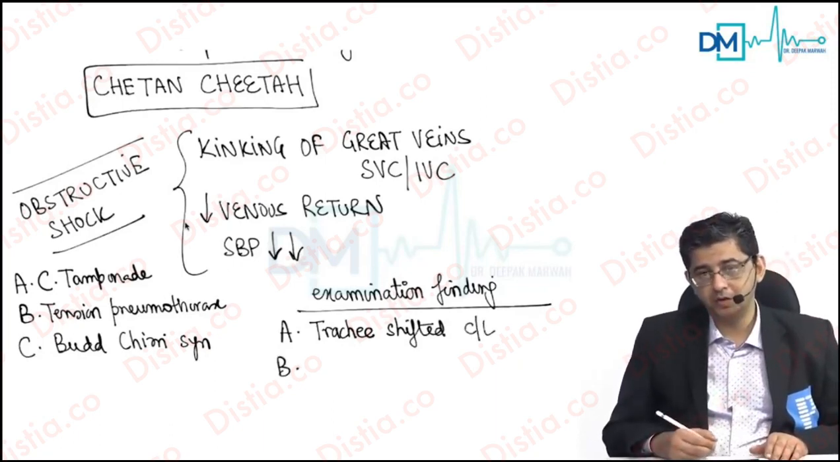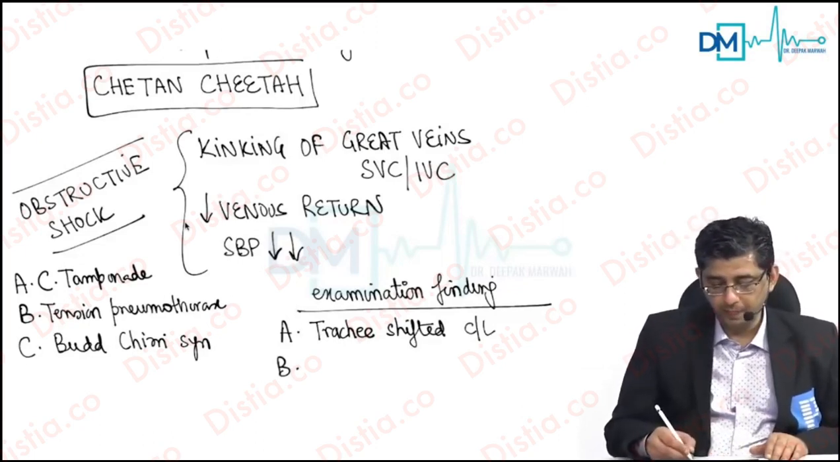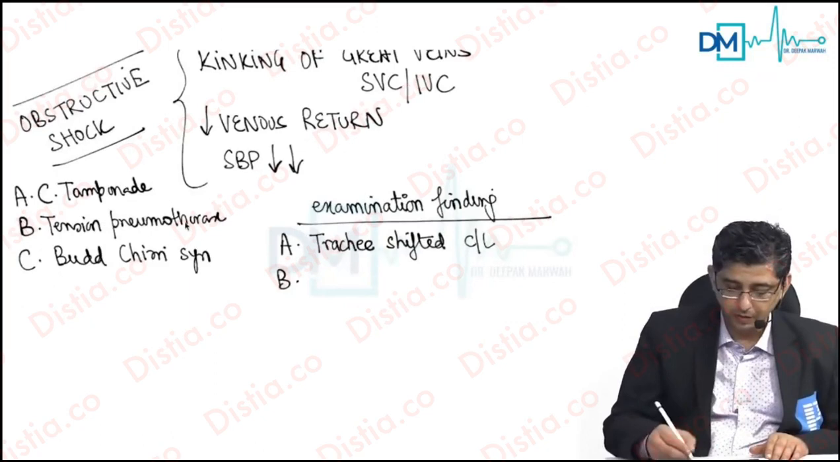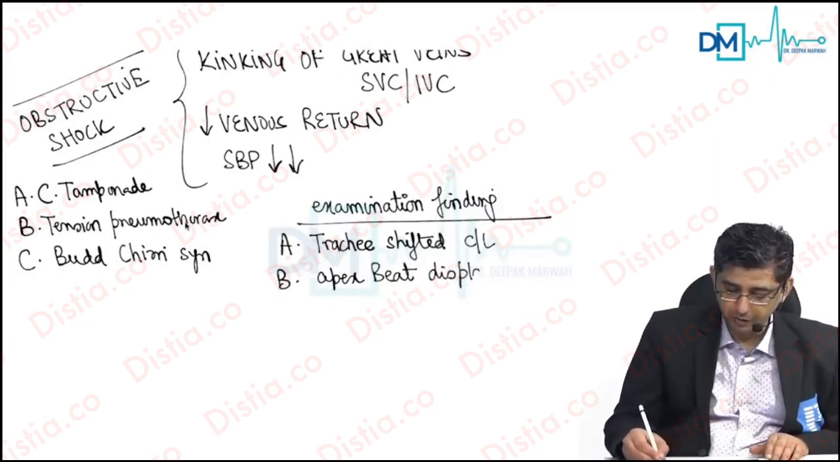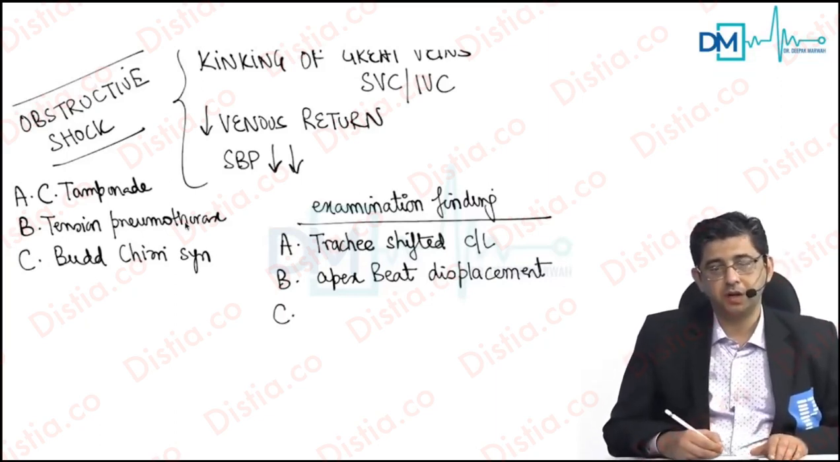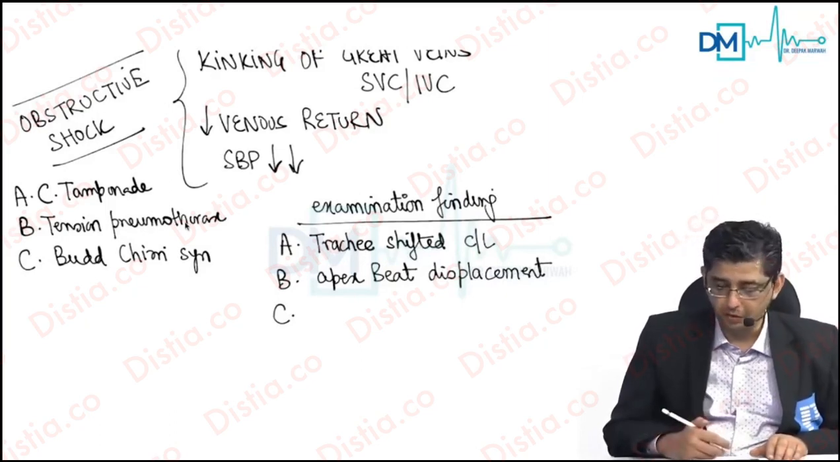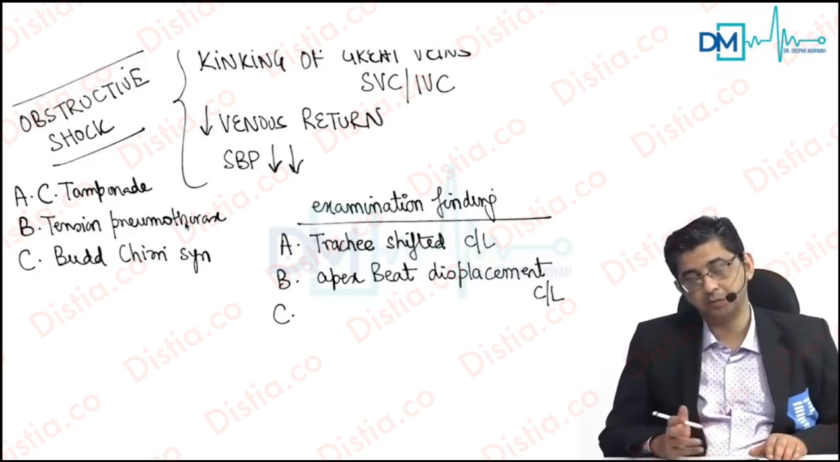Apart from the tracheal shift, you will also notice that the apex beat is deviated from its original position. Normally the apex beat is always in the 5th intercostal space, 2 cm medial to the mid-clavicular line. But in this case, the apex beat will be shifted to the contralateral side. That is, if the bullet went into the right side, then the apex beat will be pushed further